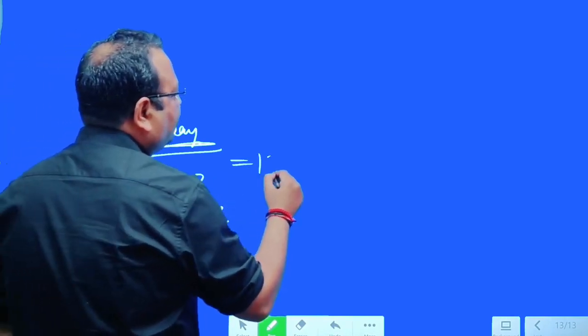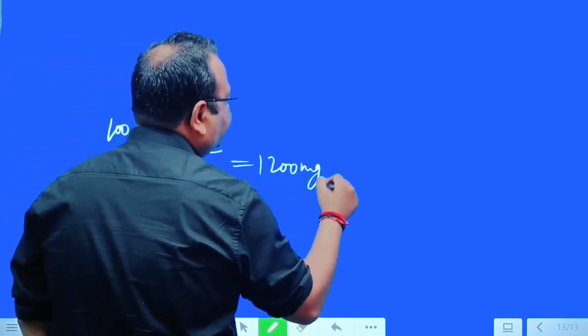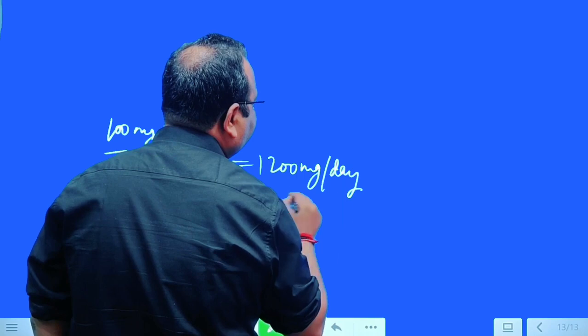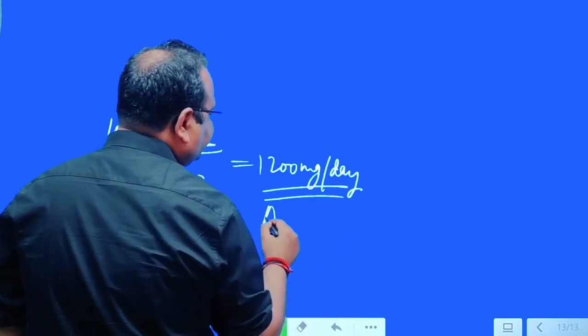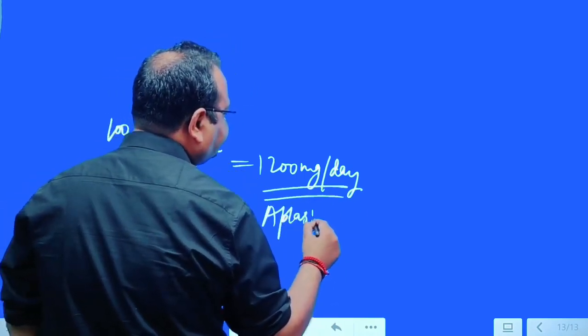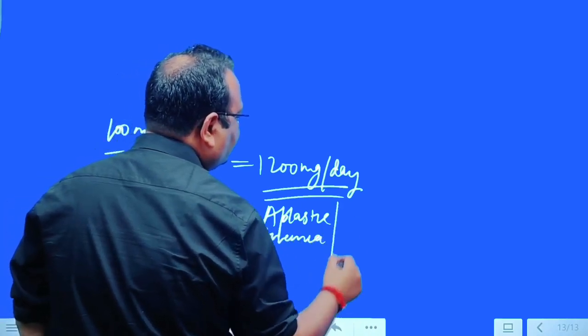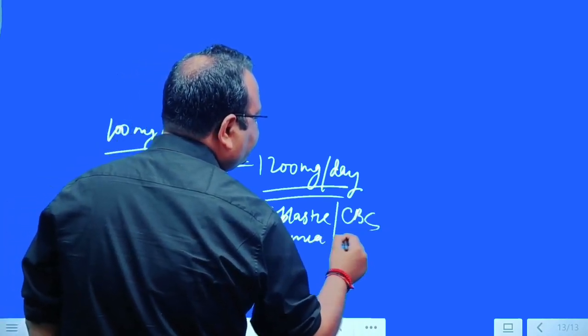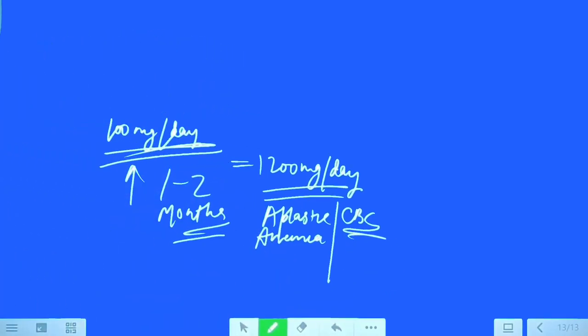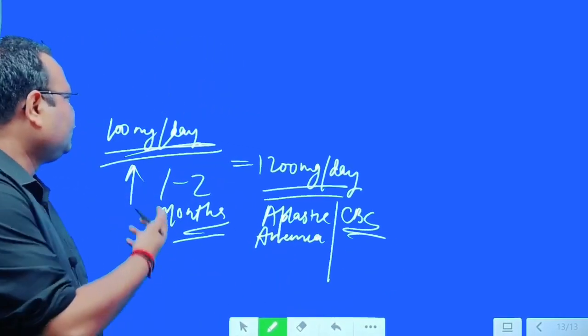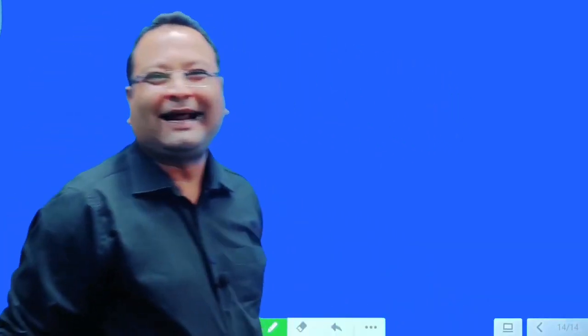The maximum dose you can give is 1200 mg per day, but it has side effects. Aplastic anemia is the most common side effect, so we have to go for regular CBCs, complete blood counts. This was about carbamazepine. Another group of drugs which can be used in medical management of trigeminal neuralgia is